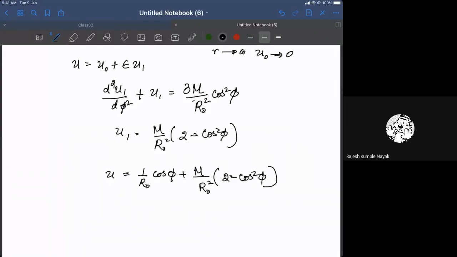Okay. So this could be the question which could be asked in the exam. Okay, so let us go ahead and see what happens. Let us look at the case when u is 0 or r going to infinity. Okay, we can see that the phi goes to plus or minus phi naught.